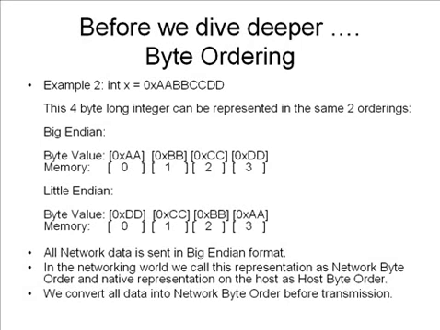Now for our example, all our programming exercises will be on a Linux computer which is running on a Pentium 4 microprocessor. Now P4 is actually a little endian processor, in which case whenever we are going to be sending out any data, we would have to convert integers and some of these structures in which the byte ordering matters from little endian to big endian before we send it out. In the world of networking, we would say that we are converting host byte order to network byte order. This is all very confusing now, but as we go into a very simple programming exercise, things will be much clearer.